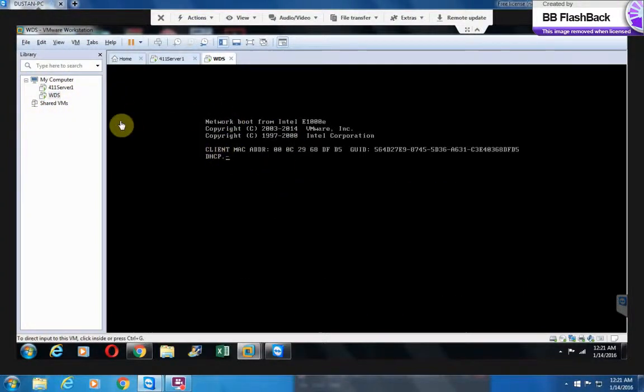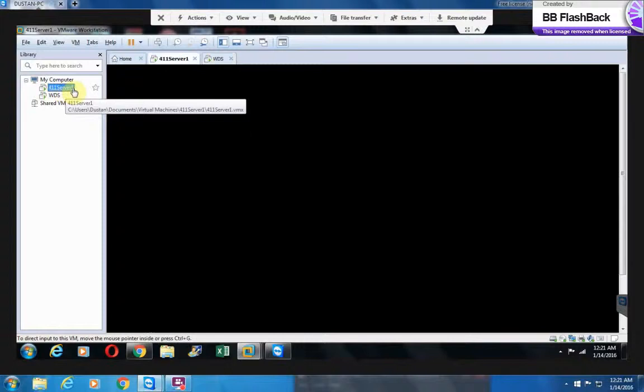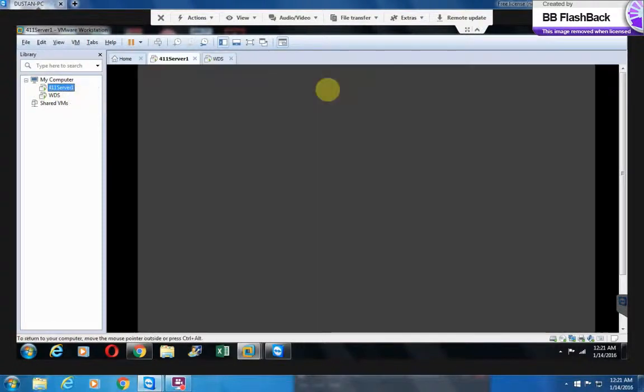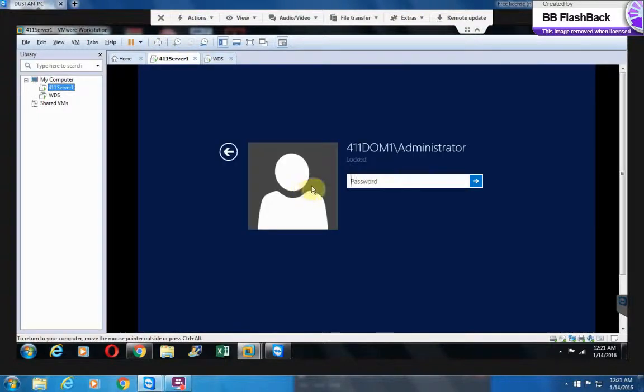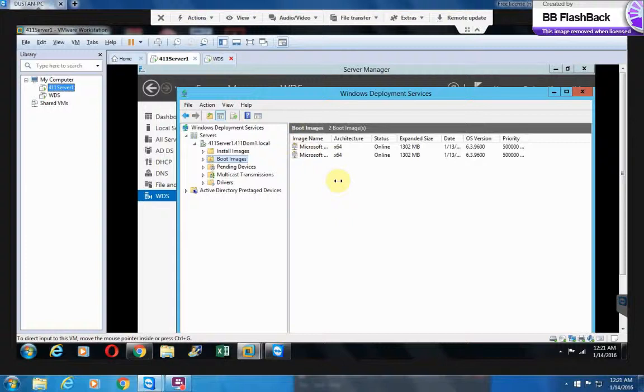So let's get out of here. Let's go to our 411 server. Let me show you a couple things in the WDS deployment. Let's get logged in here. Because what we just installed, yeah, it installed into the WDS client, no problem. But it's kind of hard to see that just on the network boot from Intel screen that shows the copyright and the MAC address and your downloaded